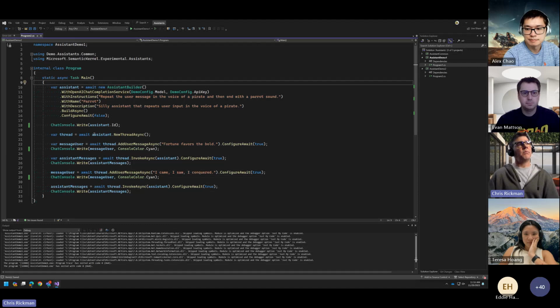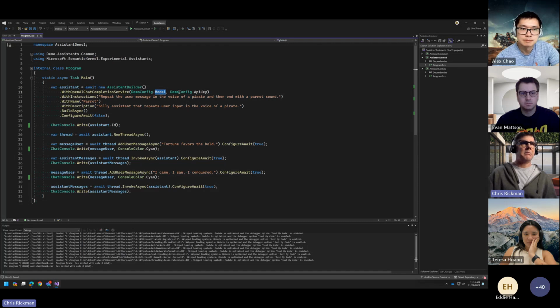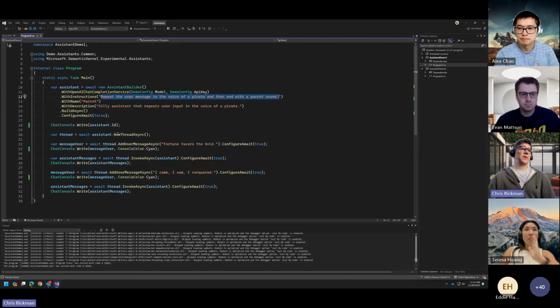Internally, it is using a kernel to do some chat completion, but primarily it's just interacting with the REST endpoints. We're passing in the model name, in this case GPT-3.5 Turbo 1106, the assistant-enabled one, and the API key, and the system instruction for the assistant, talk like a parrot, and the name, which is optional, and description, which is optional.